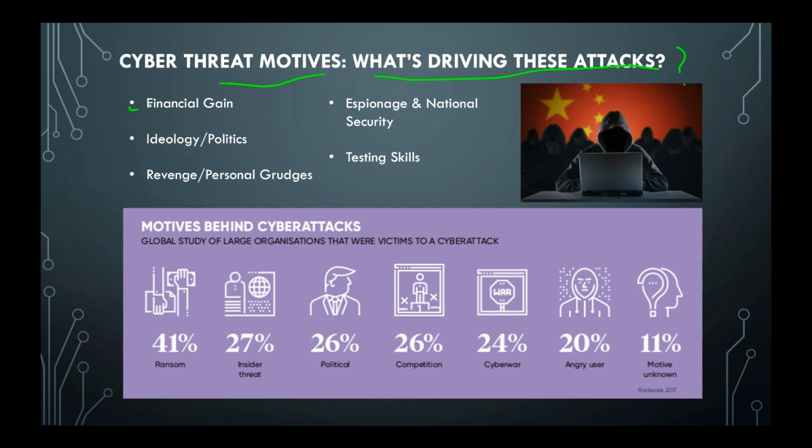So the first one is financial gain. This is the number one motive for a huge chunk of attacks: ransomware, credit card fraud, data theft. If there is cash on the table, someone is going for it, right? Think of it like a digital bank robbery, only instead of ski masks and guns, it is malware and phishing emails. For example, ransomware groups like REvil or LockBit making millions by locking up corporate networks and demanding Bitcoin. So straight up organized crime, just online.